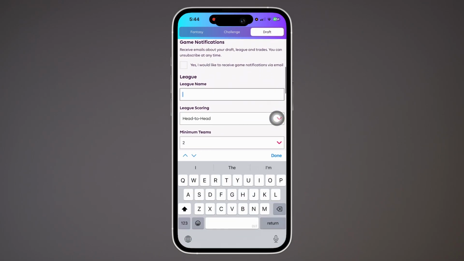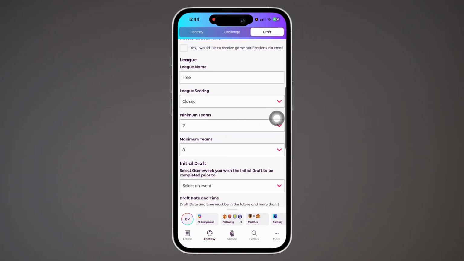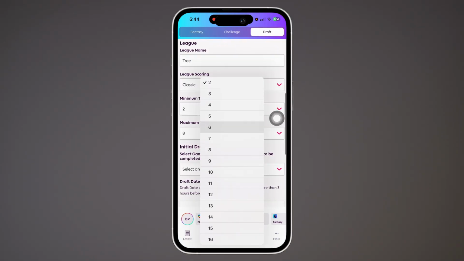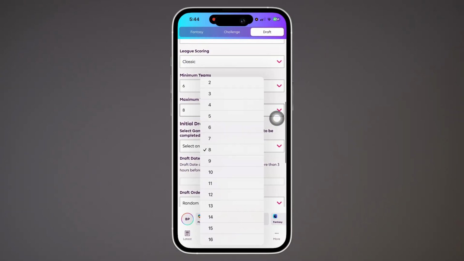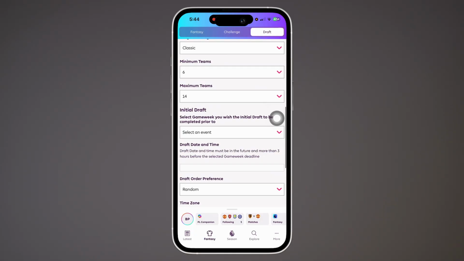You will then be required to enter your league name, and you will be required to choose your league scoring. Also, then go ahead and choose your minimum teams and then choose your maximum teams. Now, if you want, you can add an initial draft and select your game week